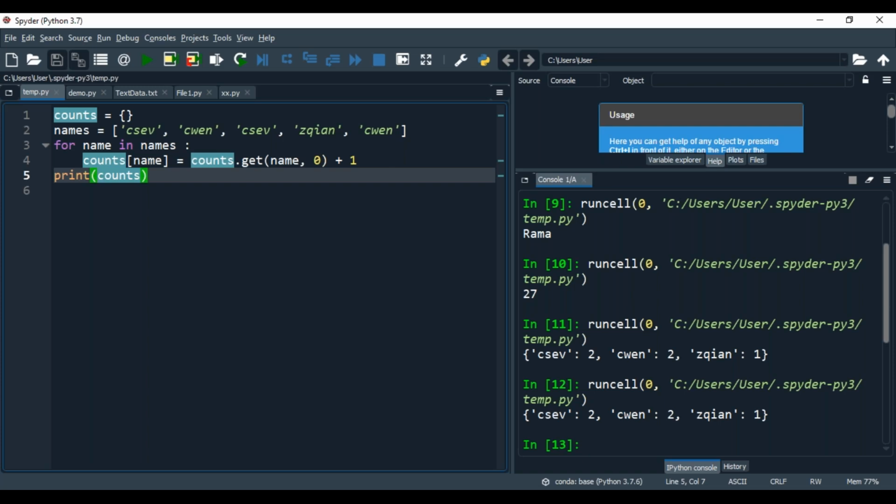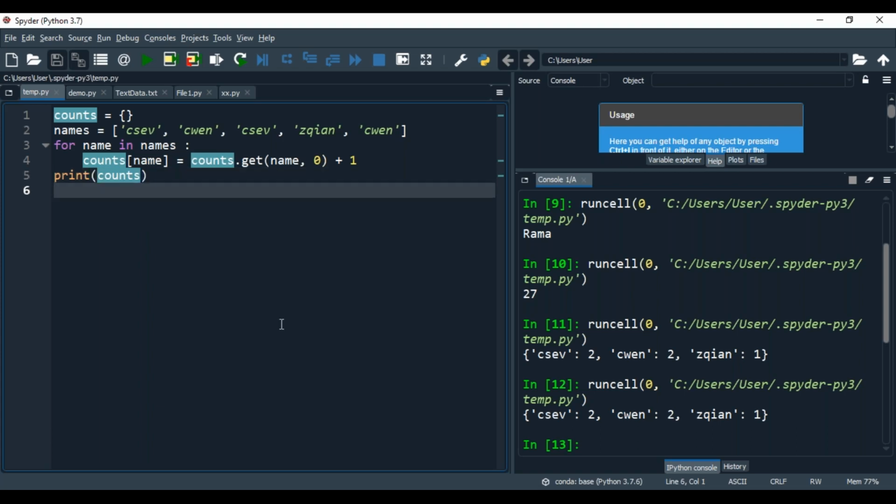Now counts is equal to empty braces. Names is equal to CSEV, CWEN, CSEV, ZQIN, CWEN. For name in names, counts of name is equal to counts dot get name comma 0 plus 1. Whenever a name is available twice, automatically 0 plus 1 will be shown. Then print counts. Then automatically CSEV colon 2, CWEN colon 2.